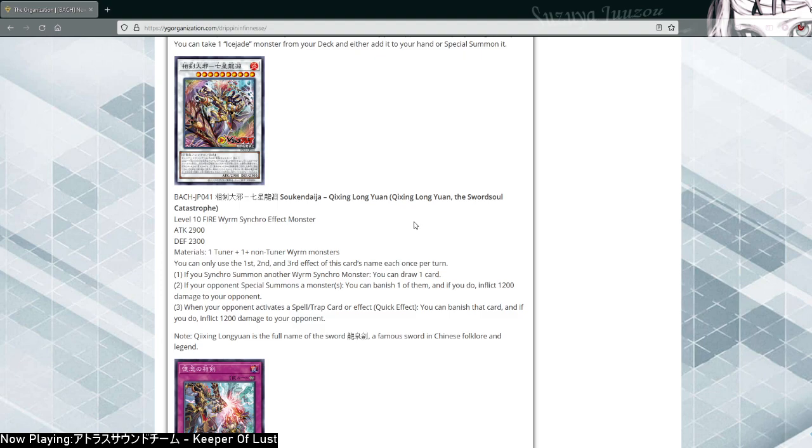Basically a pseudo Hype Librarian for Swordsoul. Although you need to synchro summon a synchro. Not special summon. So you probably need a really good setup to resolve this, but hey, I mean, draw a card's never bad, right? If your opponent special summons a monster, you can banish one of them, and if you